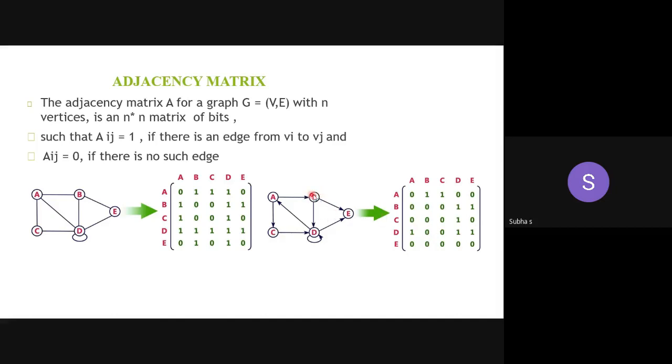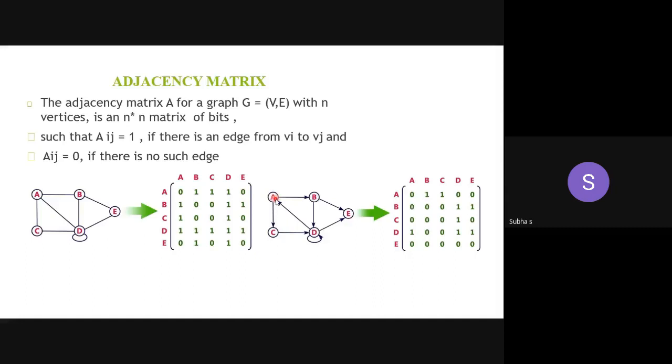Now I want to revise in degree and out degree also, because you must be well aware of this. So what is the in degree for E here? How many edges or incidents are incoming to that particular vertex? In degree is what? 2. Yes, 2. What is the out degree? There is no edge leaving from E, so the out degree is 0. So 2 plus 0 equal to 2. So that is the total degree of E.